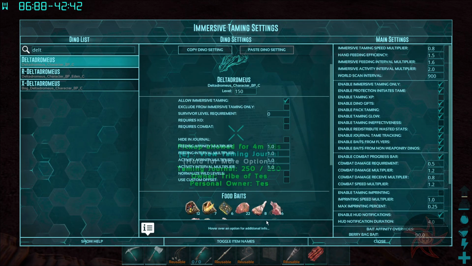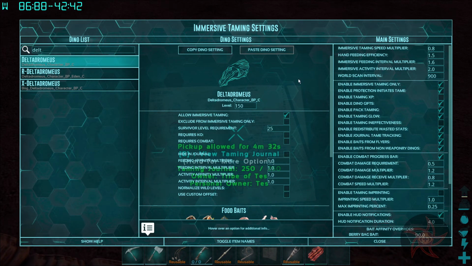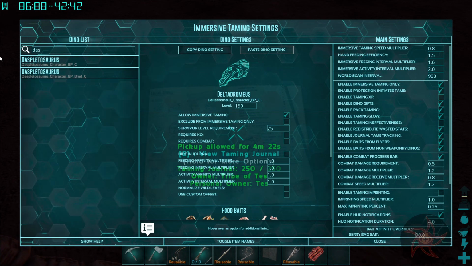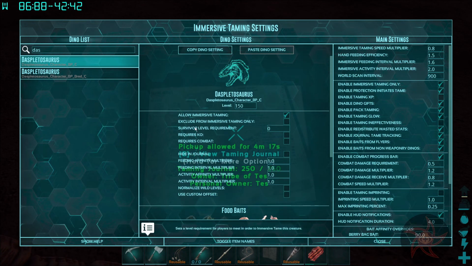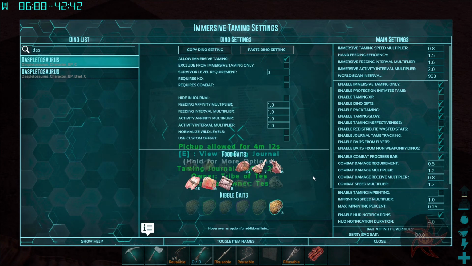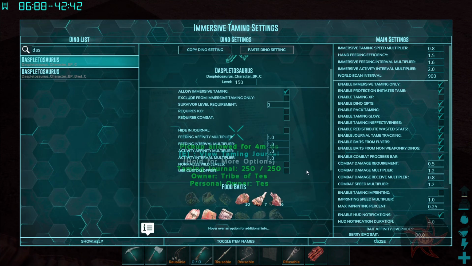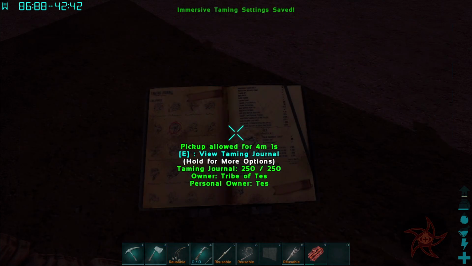And here's where you can affect all the settings and everything if you want. I'm going to change this to minimum level 25, because that's the level of the saddle, right? And now, what was the other one? The Dassy, right? The Desplotosaur? Okay. Doesn't require KO, doesn't require combat. I was saying not tameable then. Strange, it'll take any meat bait. Okay. Huh. Strange. Yeah, I don't know why it...